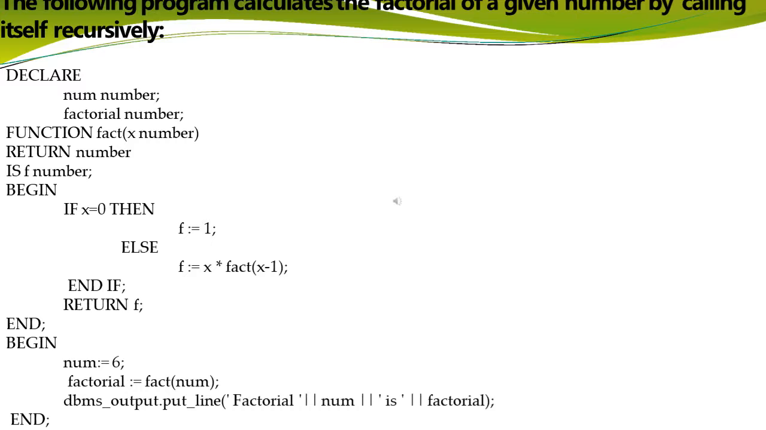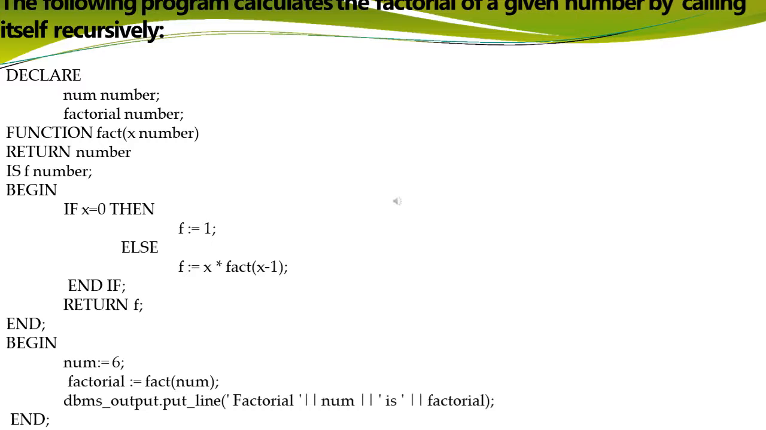Already you have known about the factorial, how to calculate factorial numbers in the C programming language. So here in the PL/SQL language we have to get the factorial number from this given number, and then the function fact(x number) is given, the return value is number. Then BEGIN IF x = 0 THEN f := 1; ELSE f := x * fact(x - 1); This is the formula to calculate the factorial number. Then END IF; RETURN f; END; BEGIN